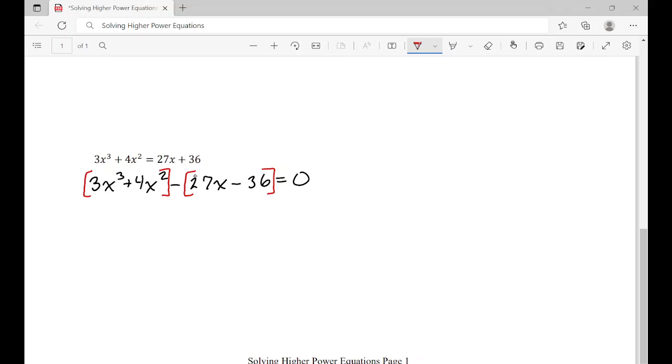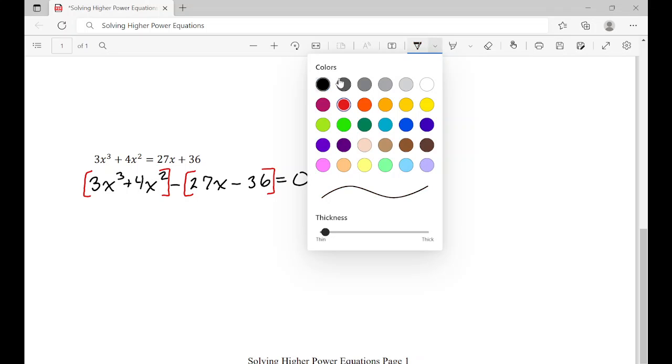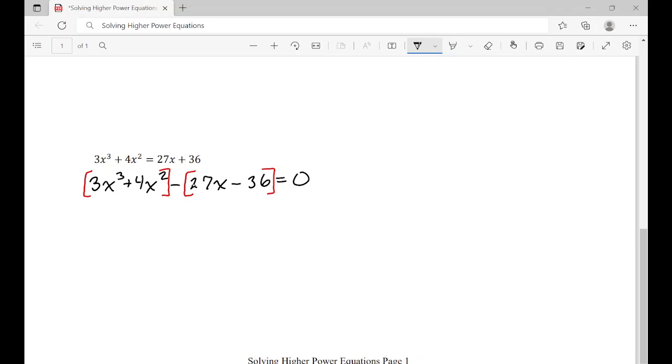Now, each one of these terms is a negative by default, so I'm going to actually factor out a negative right from the beginning. So this negative 27 is going to turn into a positive 27, and this negative 36 is going to turn into a positive 36. And now I'm going to do the GCF of the first group, which is going to be x squared. And that'll leave me 3x plus 4 on the inside. Then over here, I factor out the GCF, which is going to be 9. So minus 9,